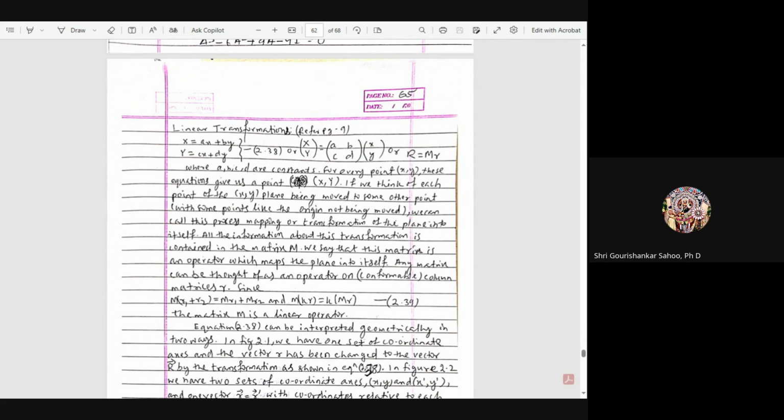Then your X is equal to ax plus by and Y is equal to cx plus dy. So the capital X, capital Y matrix is equal to the matrix [a, b; c, d] multiplied by [x, y], or R dash is equal to MR, where a, b, c, d are constants. For every point x, y, this equation gives us a point